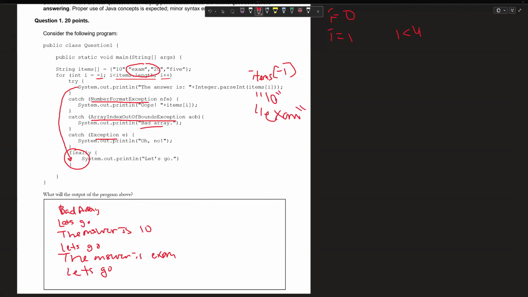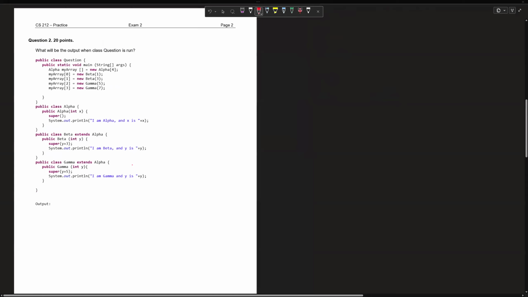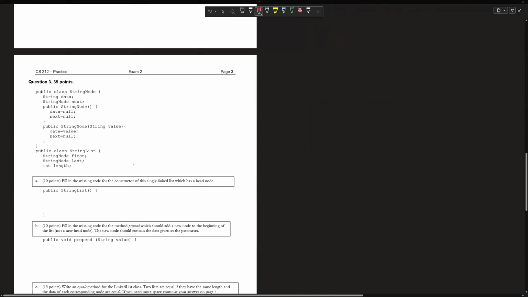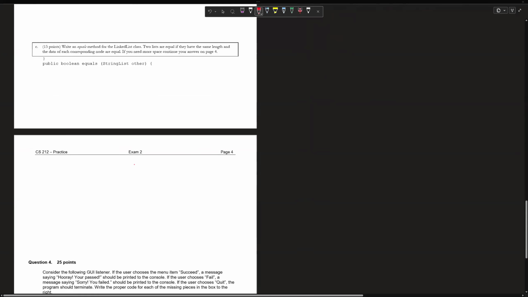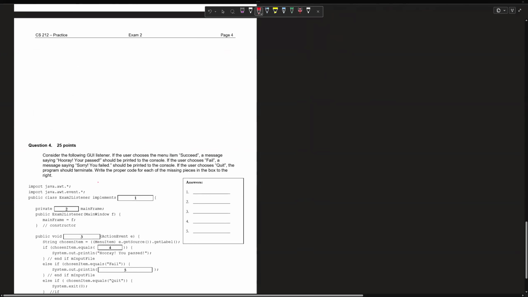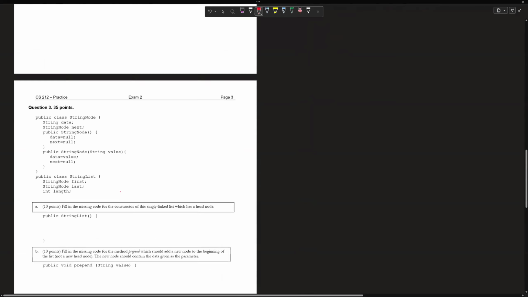It's going to be 2 output questions and 2 GUI questions. For the exams that I was given to review, it's just the one I went over before and this one, which does not include any tree maps, hash maps, or regular expressions, it seems like. Just GUI stuff, linked list stuff,